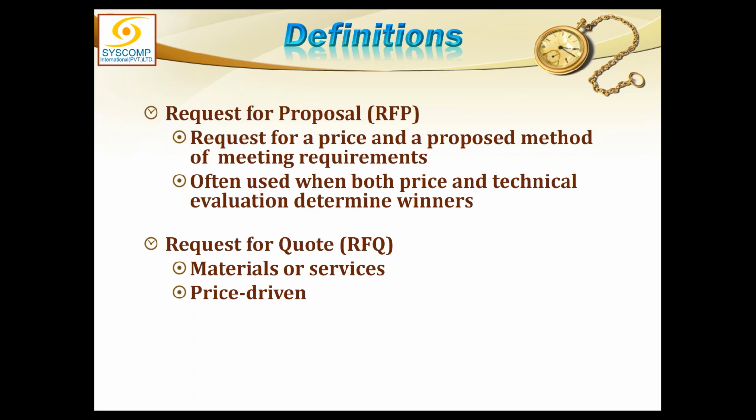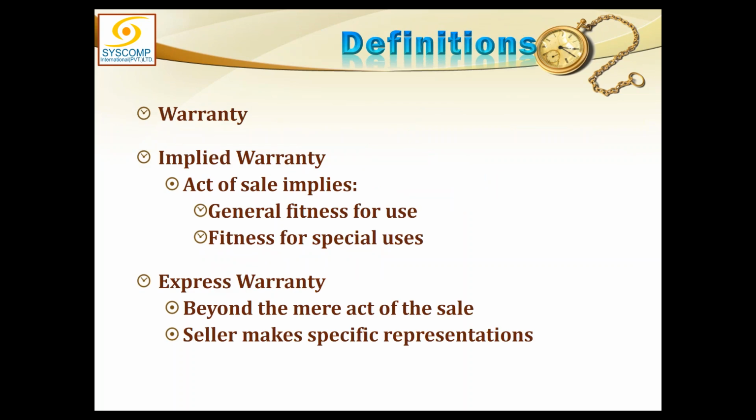We have a clear-cut definition of the scope. But in a request for proposal, we have a bit of uncertainty in the scope. Therefore, the system requirements could fluctuate a bit, and the proposal would address that. Then we have warranties. Whenever we get into deals with someone, the warranties could be of two types: implied warranties